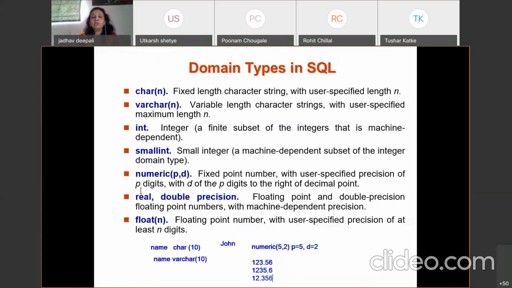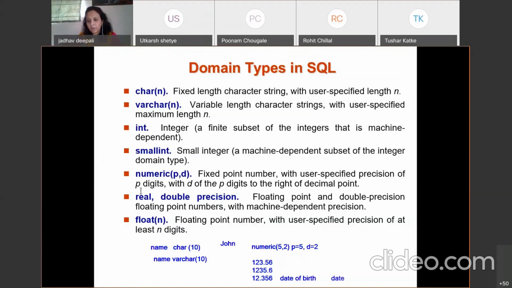It depends upon which kind of SQL you are using. In MySQL, the format may be different. In Oracle, the format of the date may be different. Then in PostgreSQL, the format of the date may be different. But date is there. For example, I write here date of birth as my attribute name, so for that I can use the date.